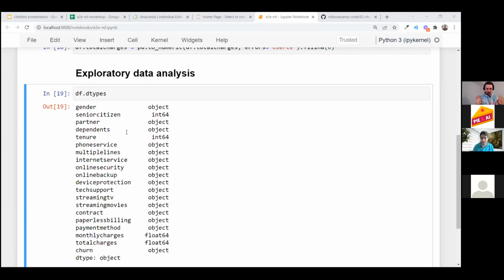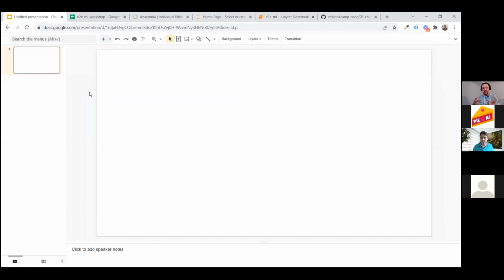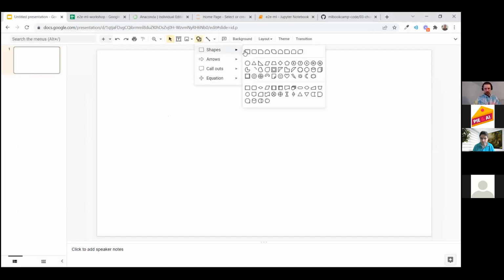Okay, so we will skip exploratory data analysis. If you want to learn more about this, you can again check the book. There I go into details about this data set and how exactly you can process that. But for now we will skip that, and now we need to take this data set and split it into multiple parts. And now I'll just do a quick illustration.